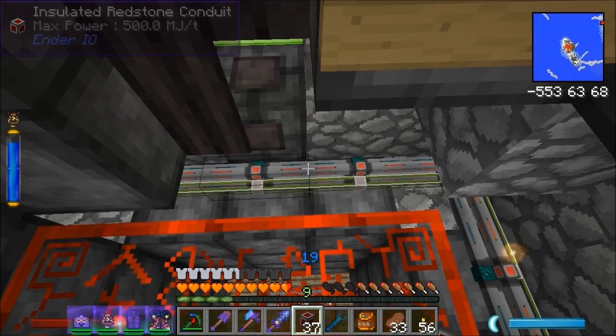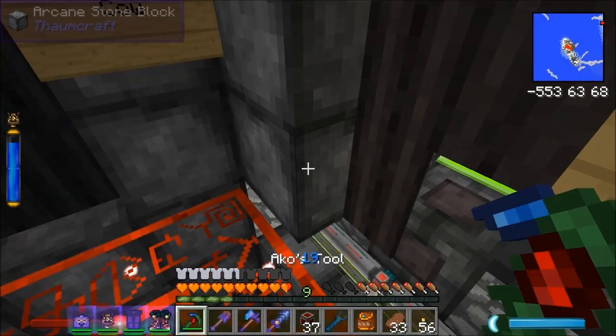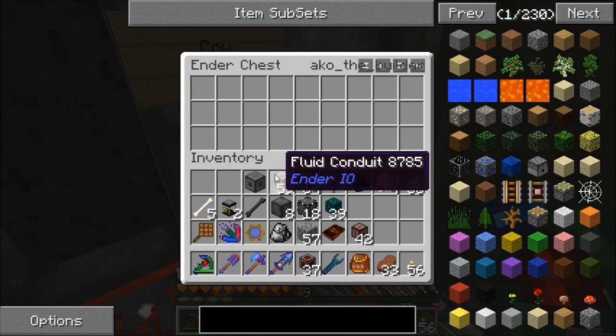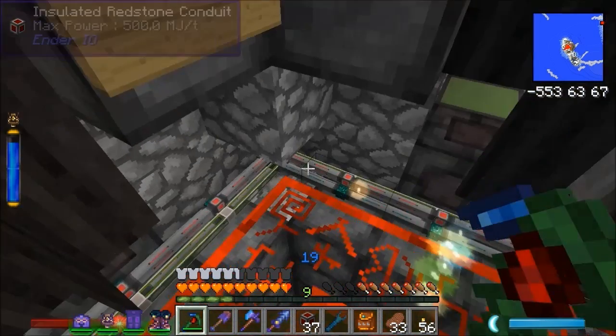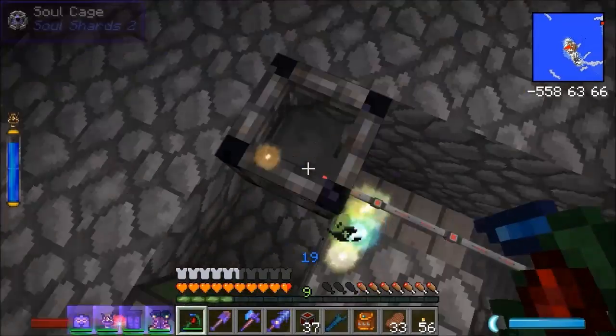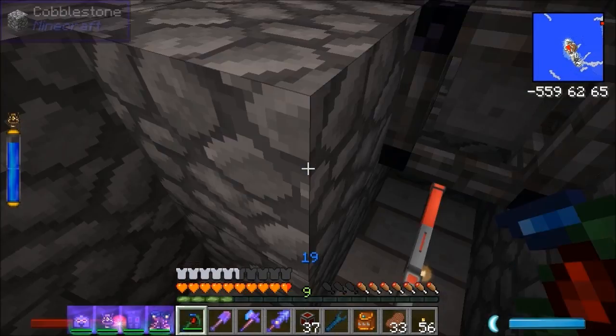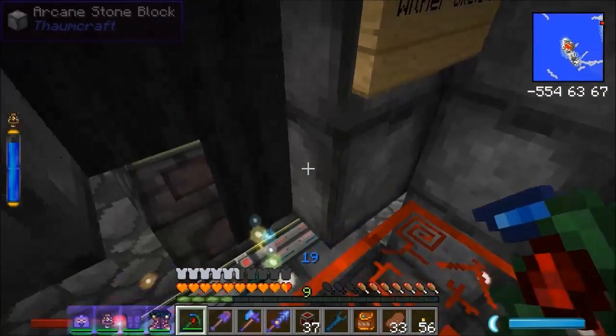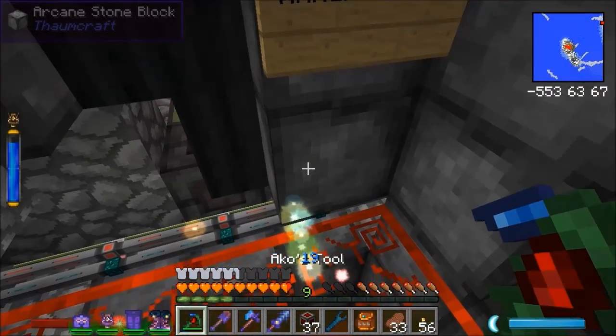So we've got power, items, liquid and redstone. Behind there we've got our ender chest, which puts things into our sorting system. So that's alright. And then on we go. So these have all got redstone signal on now. So all I need to do, I think, is switch one of these